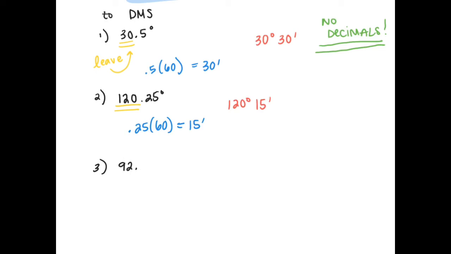Let's try one more time, and I'm going to complicate things. This time we're going to have 92.6532. So we have a much longer decimal. Same process, leave the 92 alone. That's going to be your degree measure. Now I'm going to take the 0.6532 and multiply that by 60. When I do that, I am going to get